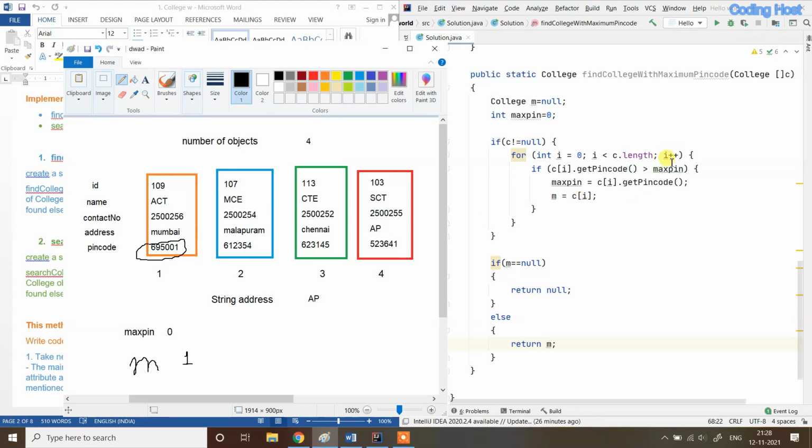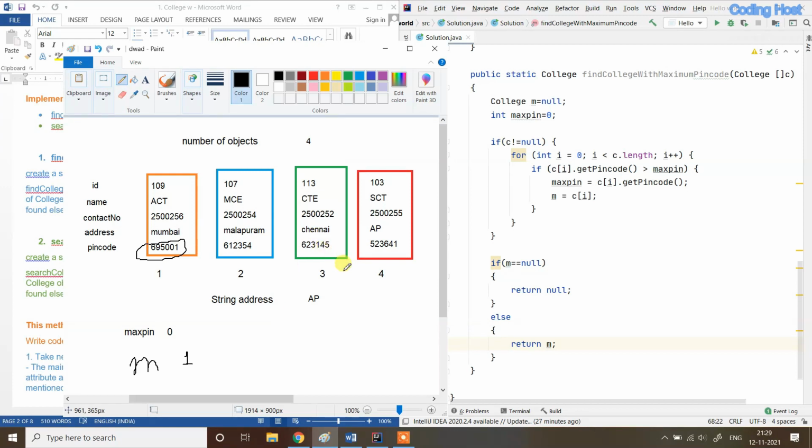After that i++, so the index becomes 1, and we check if the pin code of object 2 is larger than the maxPin variable. In maxPin we have 695001, and object 2's pin code is not larger, so this condition is false and these two statements will not run; the values of maxPin and m remain as they are.